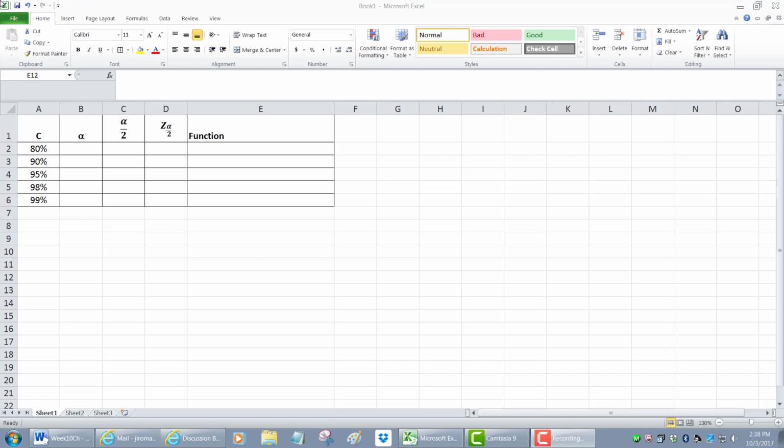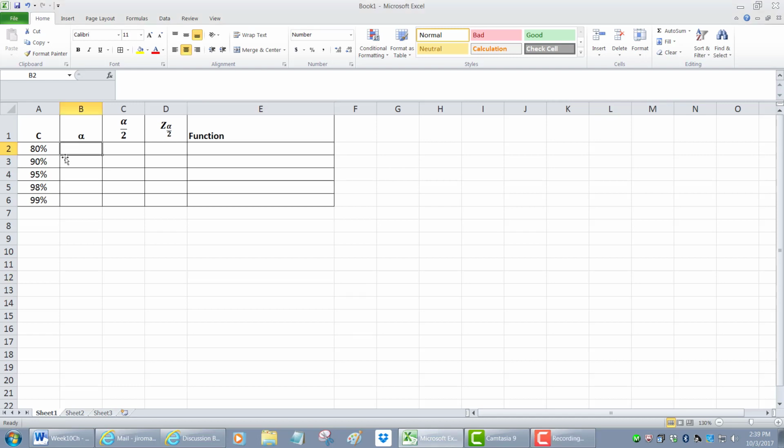It's nice to know that there's one and only one standard normal distribution, so once we find these z-scores, they're not going to change. They're going to be the same for every single confidence interval for a proportion that we ever need to calculate. So in order to start, we're going to find alpha, which, if you remember, alpha is